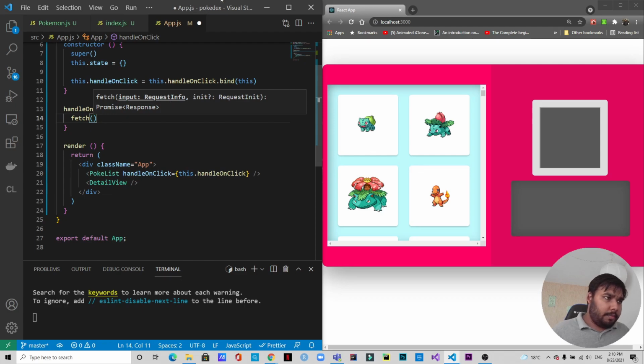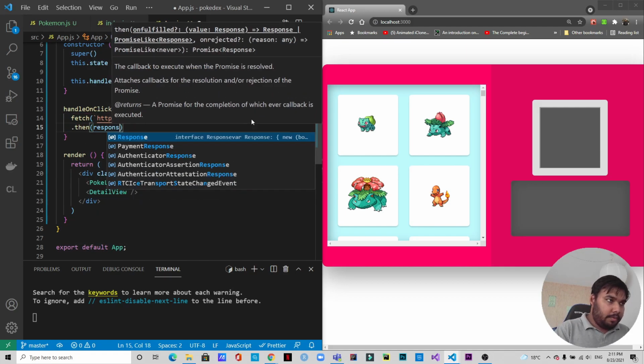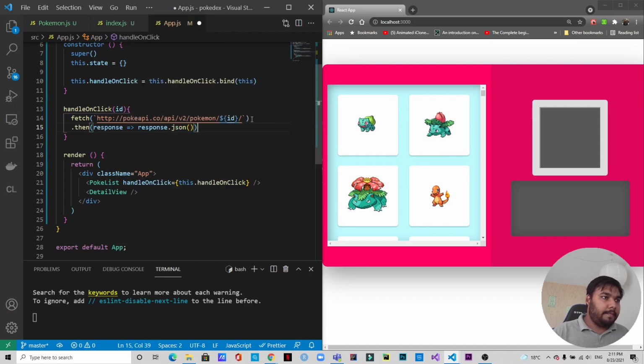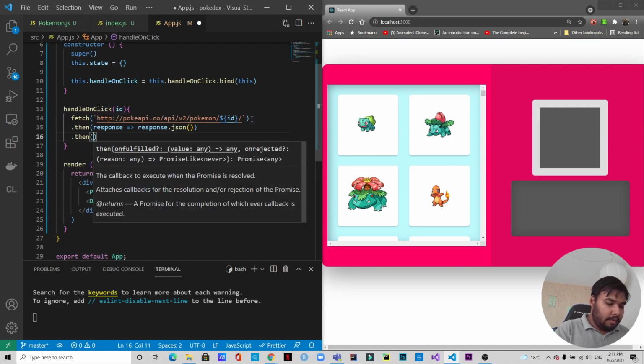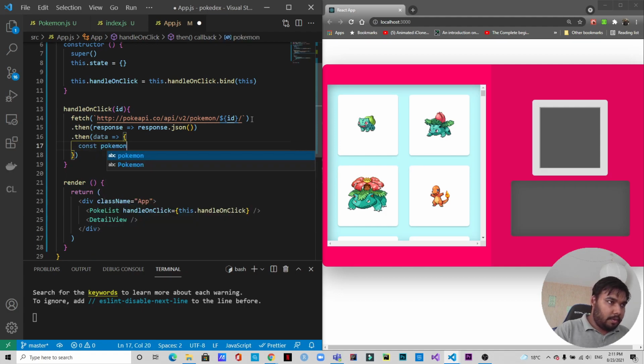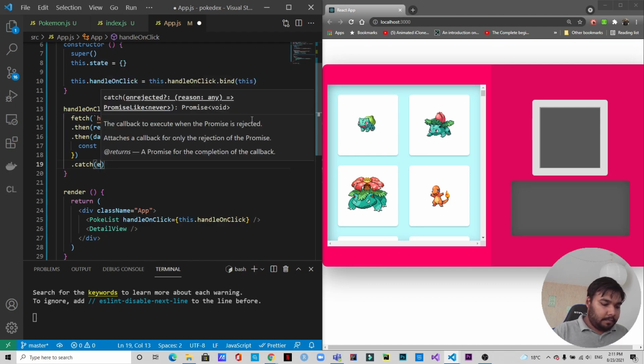fetch. And I'm going to copy and paste it here. Okay, so as you can see that by the ID that is being passed from clicking the button, with that ID, the details of the Pokemon will come. Okay. Dot then response dot JSON dot then data const Pokemon equals new Pokemon. In it we are passing data, and with that we can catch error